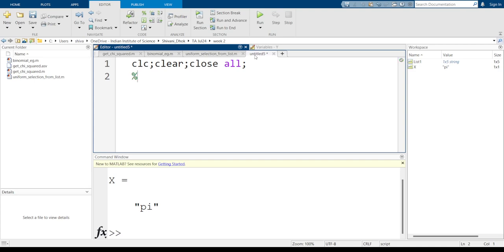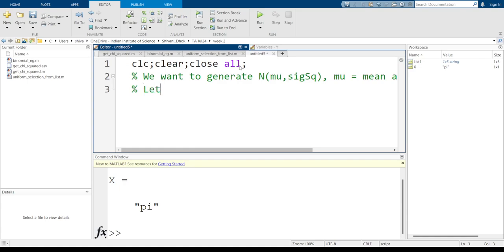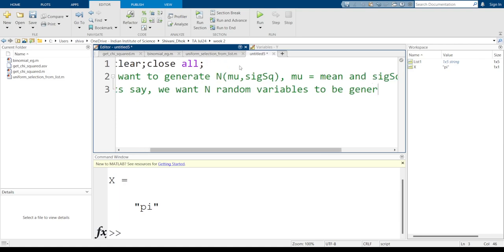So what we want to do is generate N(mu, sigma square), where mu is the mean and sigma square is the variance, and let's say we want n random variables to be generated,